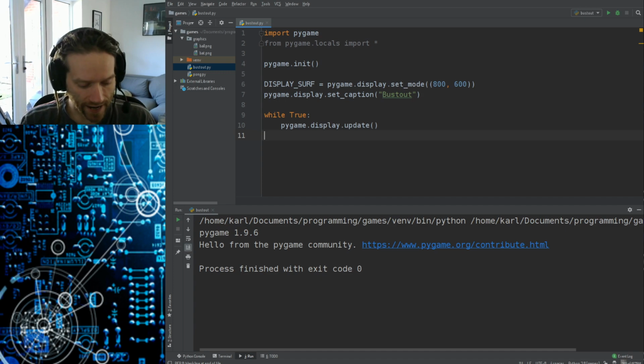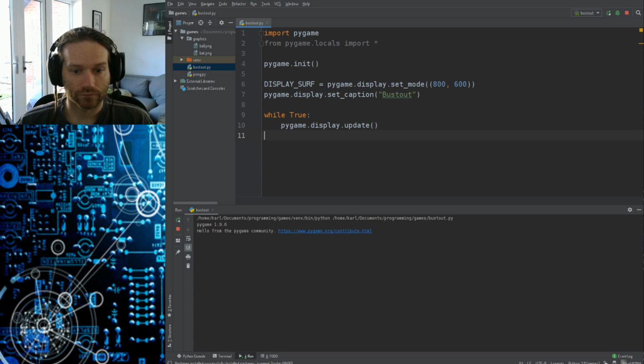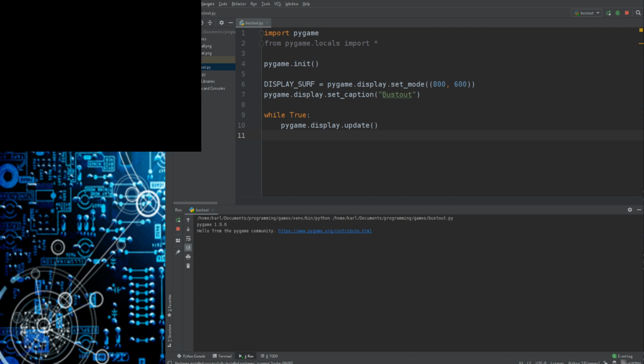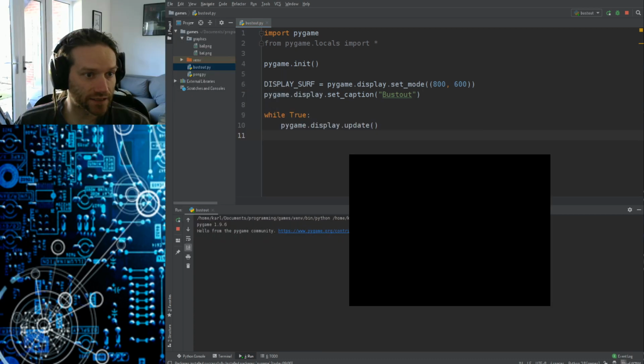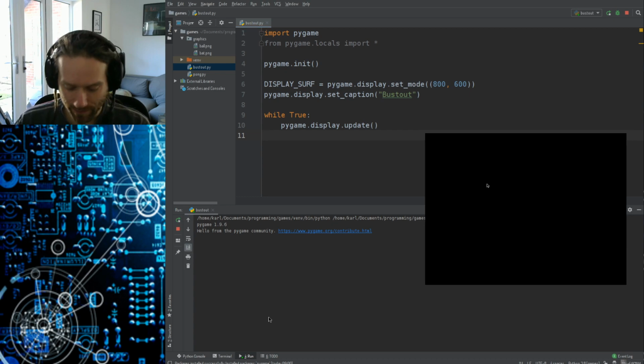So if I now run this, I need to just add a new window capture there. Okay, this is what I get. It's a black screen. Okay, it doesn't do anything. I can't do anything. In fact, if I try and exit,